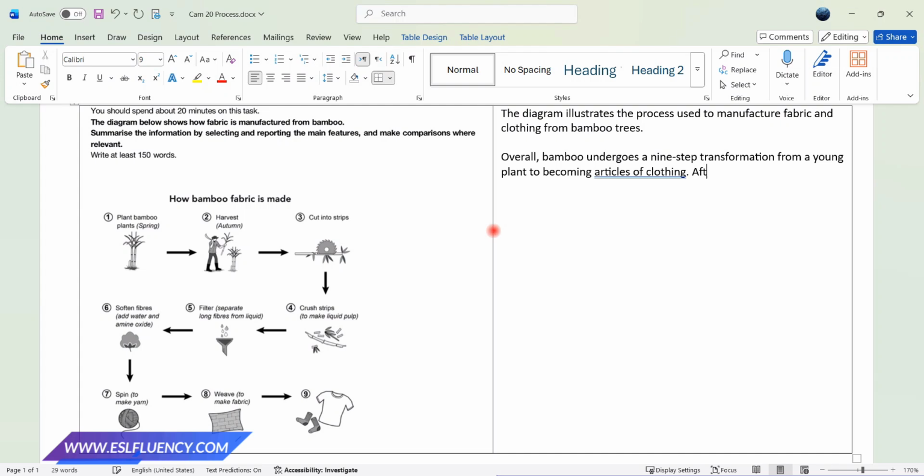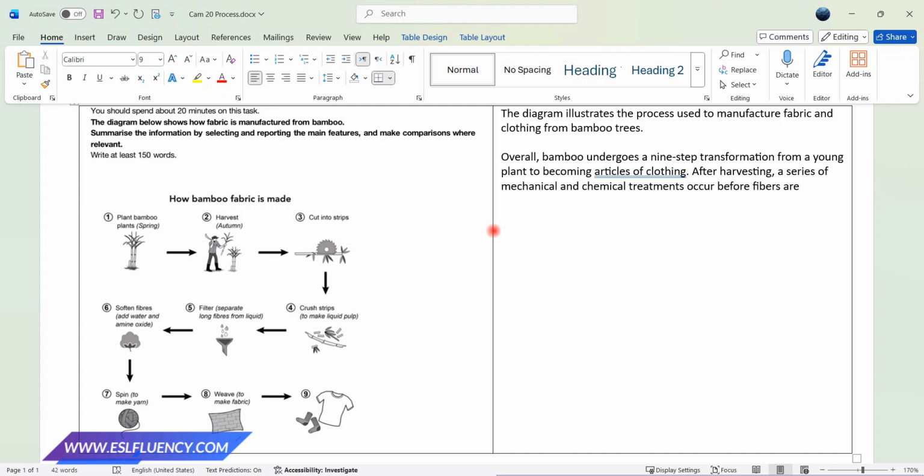All right, after harvesting, a series of mechanical and chemical treatments occur before fibers